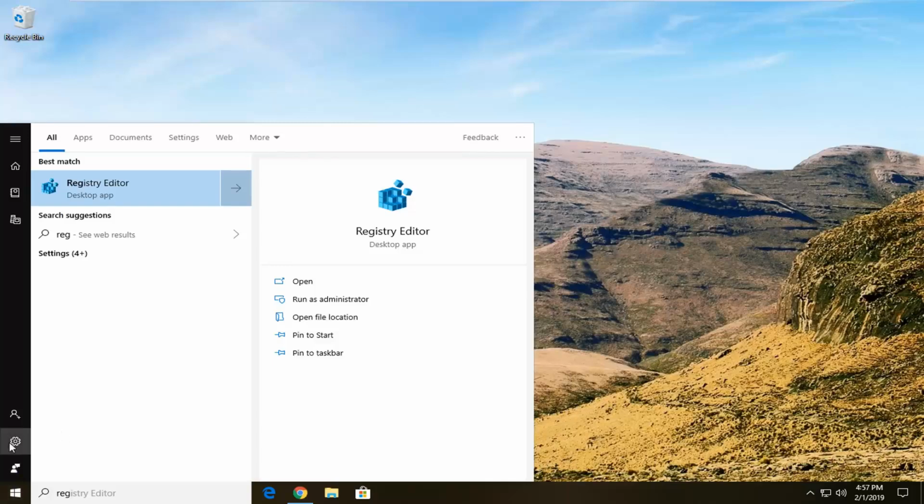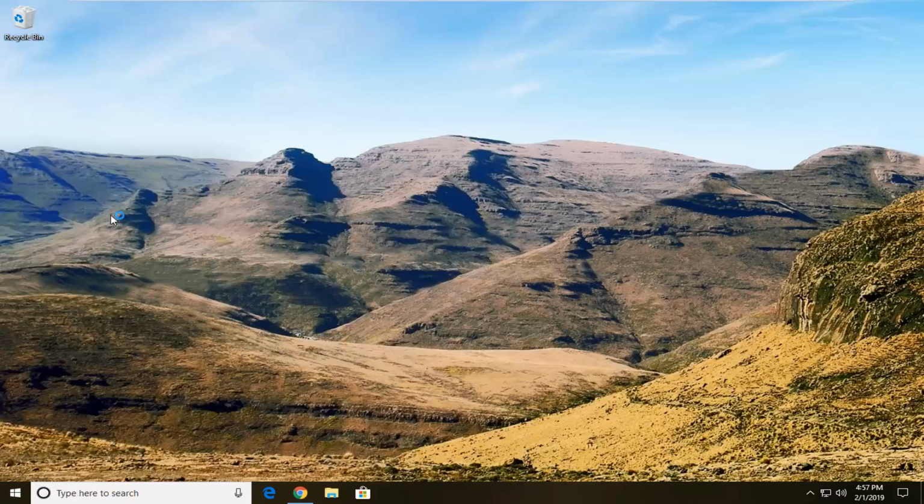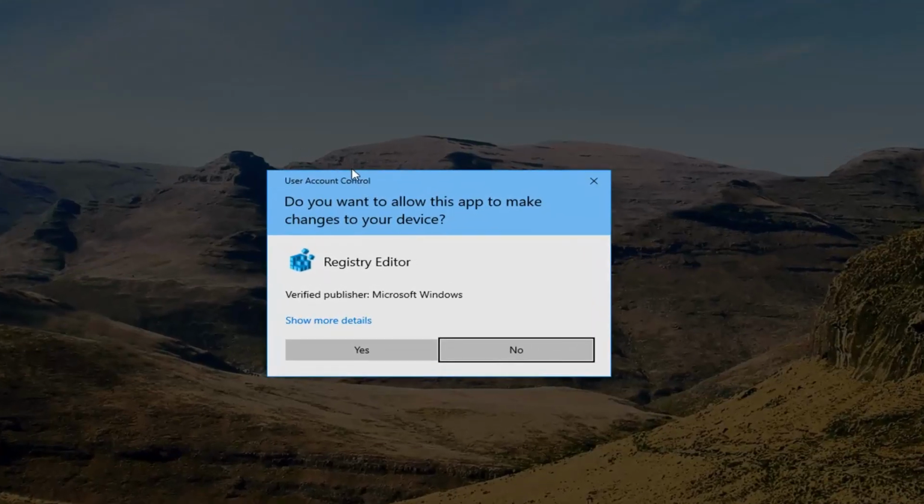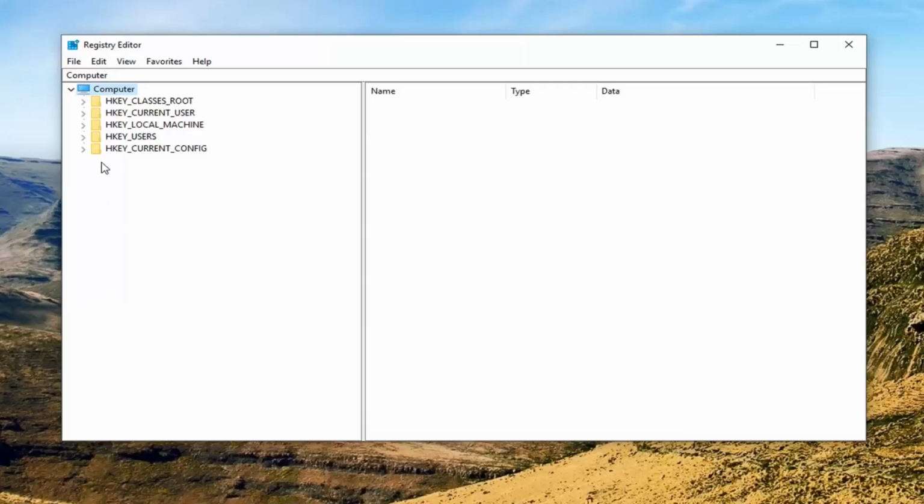So once you start typing that into the Start menu, best match should come back with Registry Editor. Right click on it and then left click on run as administrator. If you receive a User Account Control prompt, left click on Yes. Now before we make any changes to the registry editor, you want to go ahead up